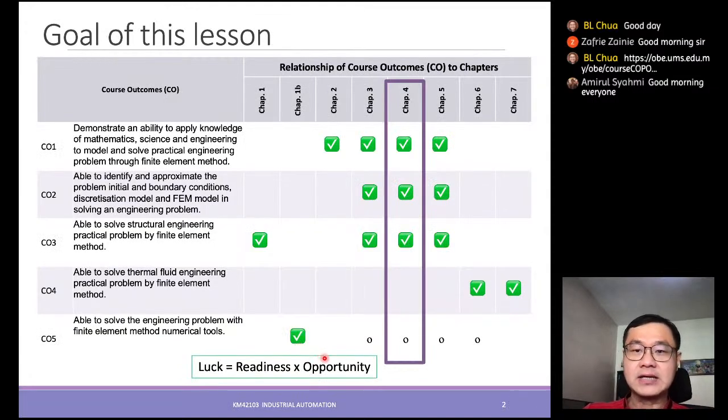As we can see from the previous weeks, we have derived from the springs to a prismatic bar, where we have derived the displacement functions. Then from there onwards we have the shape functions and other things that are related